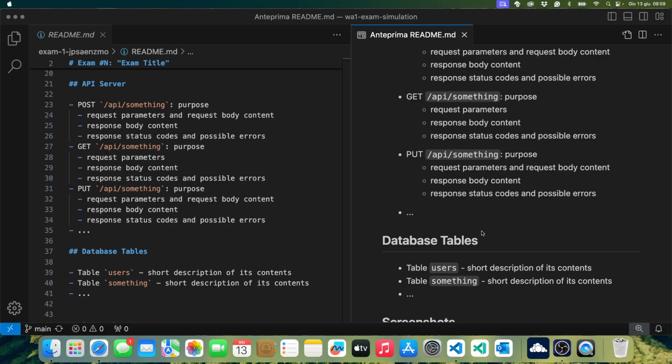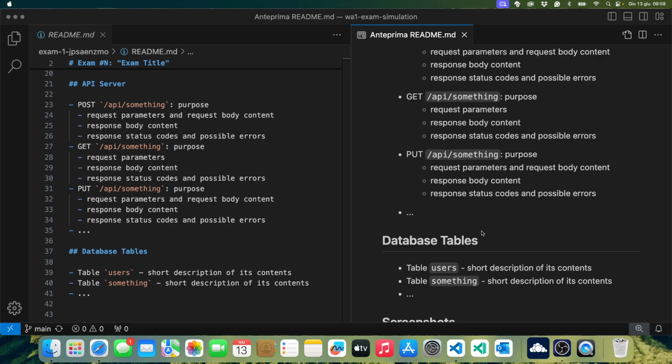So here I downloaded 3 projects. We can, first of all, take a look at the README to know how the implementation was done. And also from here, you can get an idea of what the README is expected to have. So here he has the server side. In the server side, he